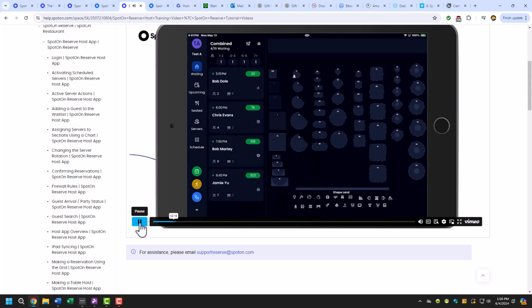To prepare to receive guests, servers need to be assigned to tables. However, before doing so, all of the reservations currently populating the waitlist need to be reviewed for their confirmation status. Spot on Reserve automatically delivers